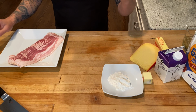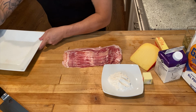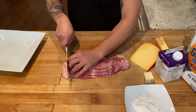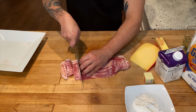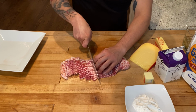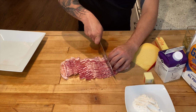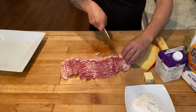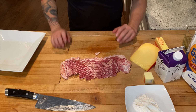So we're going to start. We're going to get a pan on some medium heat. We're going to take this bacon and slice it up. I like to go pretty thick on that. I like some nice big pieces of bacon in there. Like so. It's going to shrink a little bit when you cook it. So we're just going to get that on medium heat and let that render down. Get that bacon nice and cooked. Then we're going to put that onto a paper towel, strain some of the fat off, and while that's rendering,